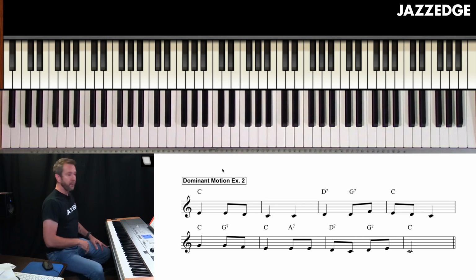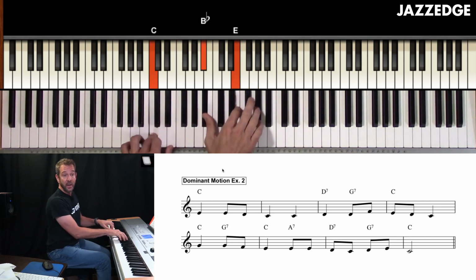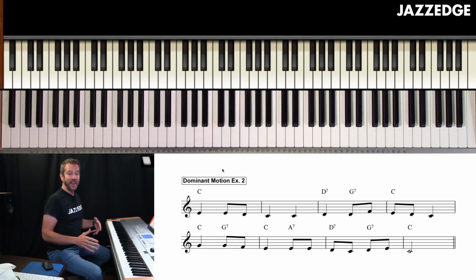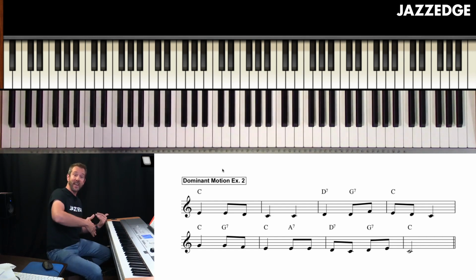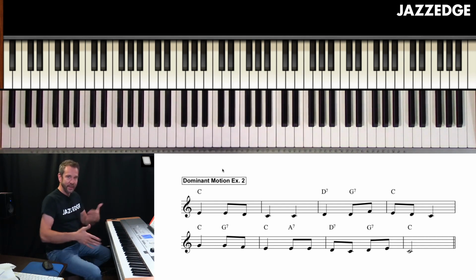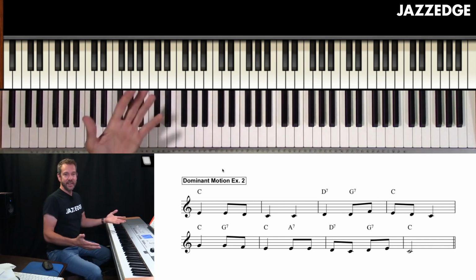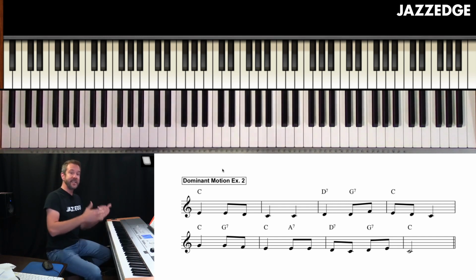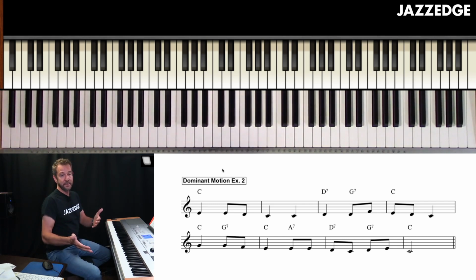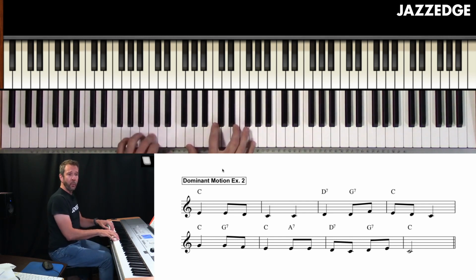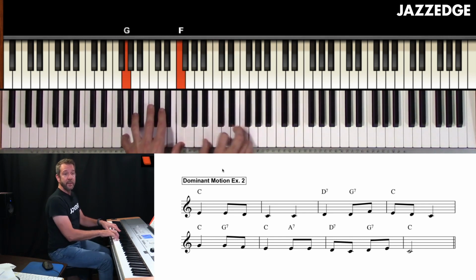So now, let's say the 1 chord was an F chord, right? In that case, I would end up playing F, going to C7, then back to F. Because remember, I'm just using it as an example, we're in the key of F, right? So we would go from F to C to F. Let's say I was in the key of G. I'd go from G to D to G. Let's say I was in the key of B flat. I go from B flat to F7 back to B flat. All right, so anyway, we have my 1 chord, back to the 5, back to the 1,